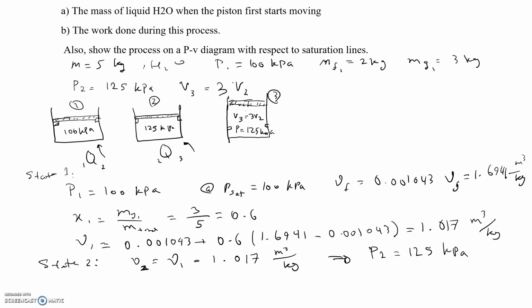So what you need to do in order to understand that is to go at that pressure, P saturation equal to 125 kilopascal, and read the values of nu F and nu G and check to see if your specific volume would be between these two values, or it's more than, or it's less than. Okay, so by checking that, you will see that your value of nu 2 is less than nu G. This is again at 125 kilopascal, and more than nu F,